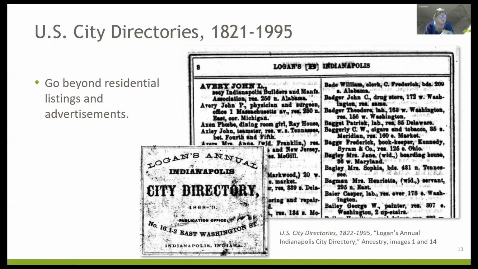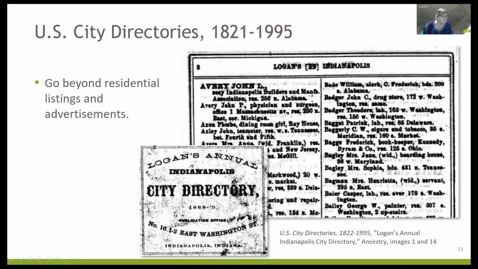Look for church listings to see what churches were open in the area, and which churches were closest to them that they were most likely to attend. What cemeteries were around at that time. You can get this inventory of all of these things that are available. They were our ancestors' guide to their city, but they're also our guide to their city as it was in that day.